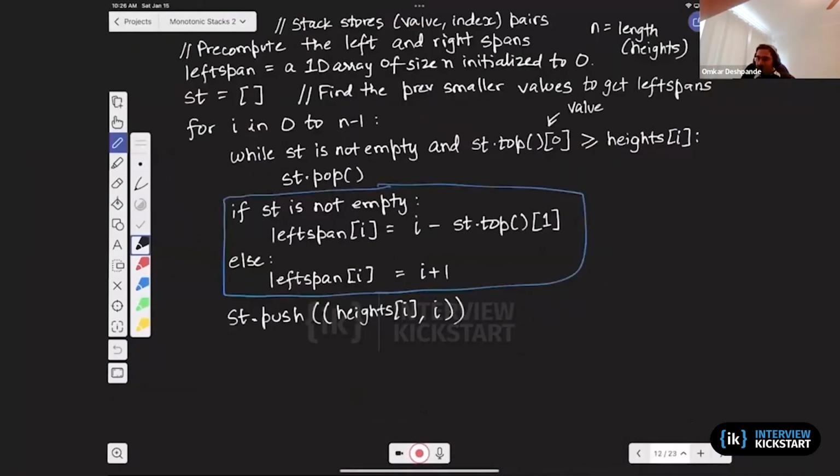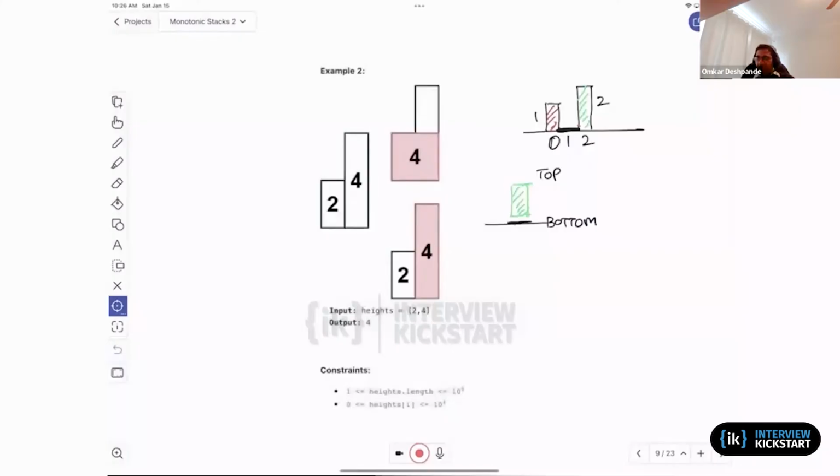According to the code, the left span value at index 0 would be 0 plus 1, which would be 1. That's always going to be the case for the leftmost index. For this index, the previous smaller value does not exist because we would have removed this building from the top of the stack. And then we would have